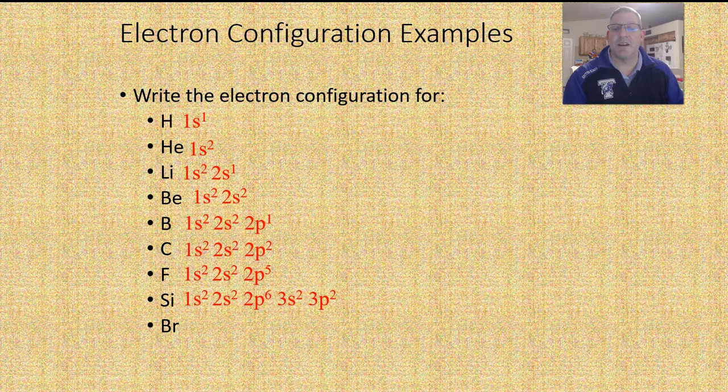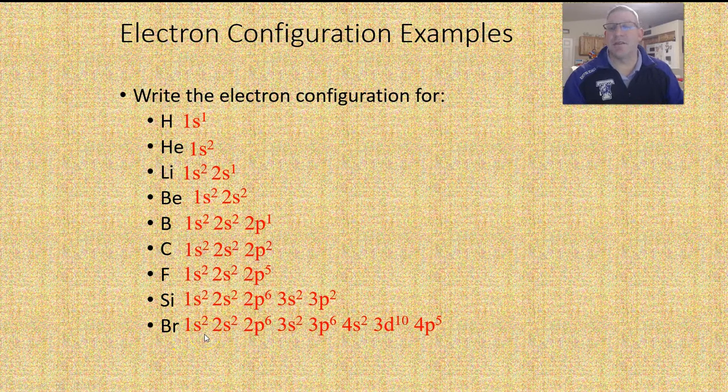And silicon, and finally bromine. This one's much more of a challenge, but I think you can do it. So with bromine, we have our first 2 electrons being identical to what helium has, and then the next 2 being identical to what beryllium has, and 2p6 being identical to what neon has, and then 3s2 identical to what we would have for magnesium with 12